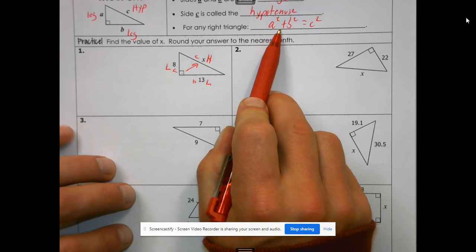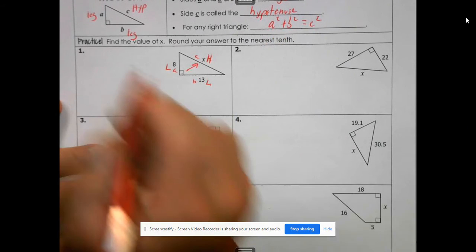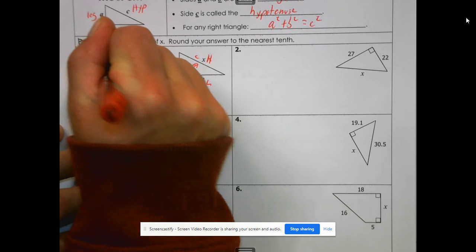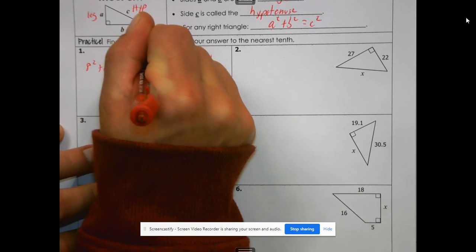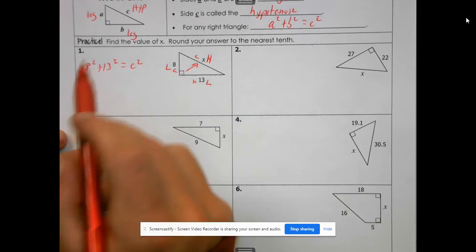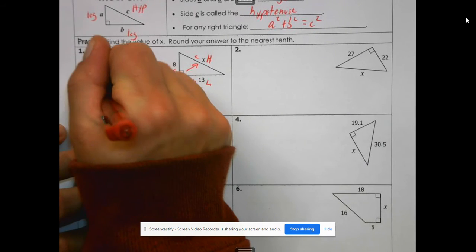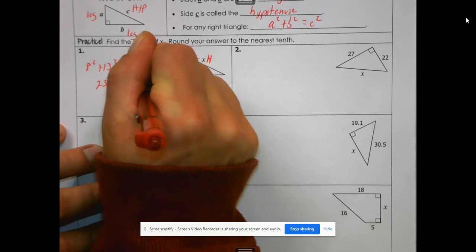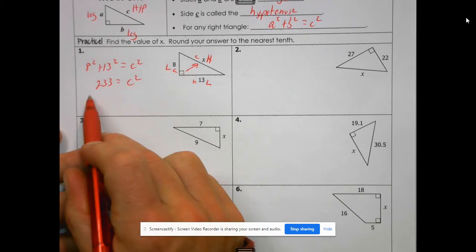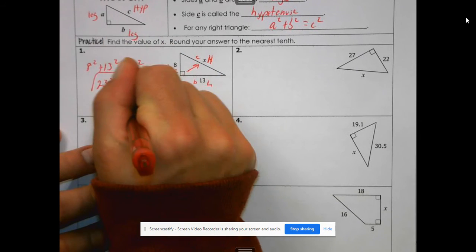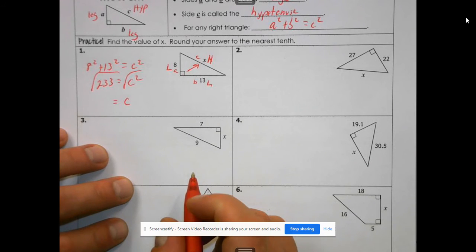So using the formula, plug in the legs. We'd have 8 squared plus 13 squared equals C squared. In the calculator, I type in 8 squared plus 13 squared, and I get 233. And then I have to square root to get rid of the square on the C. So when you type in square root of 233,